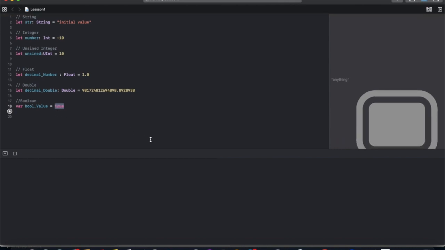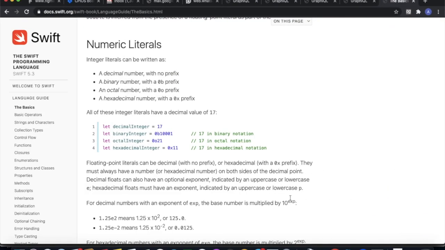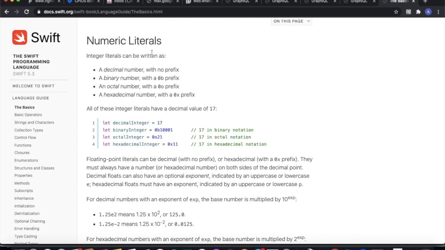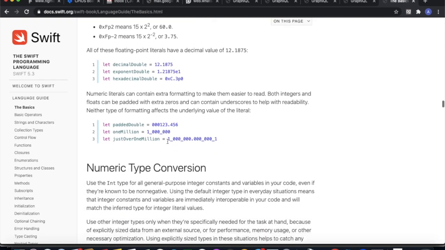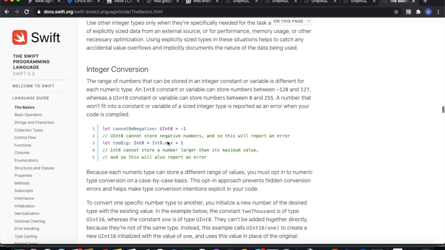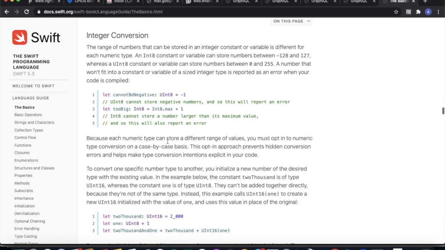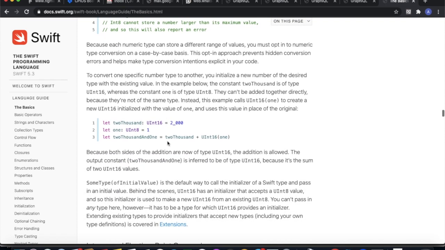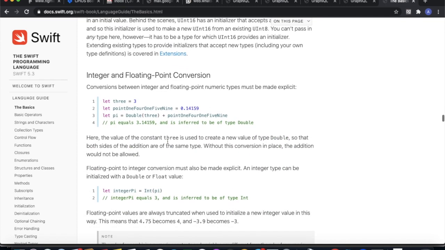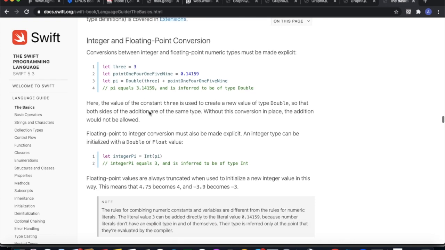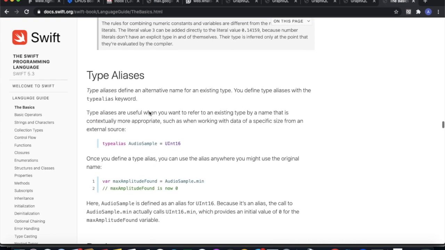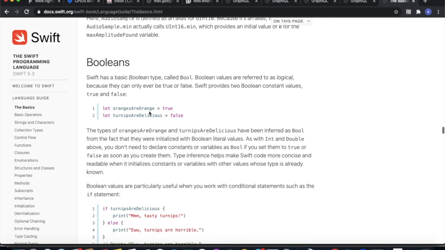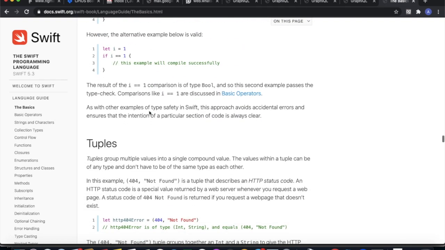A bool literal only gets true and false. So numeric literal values, and bools.